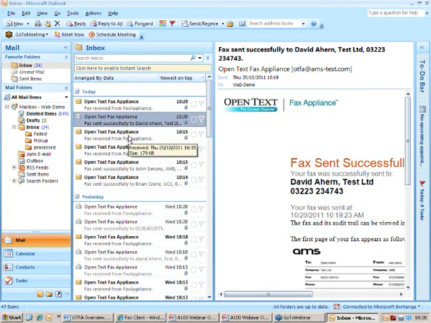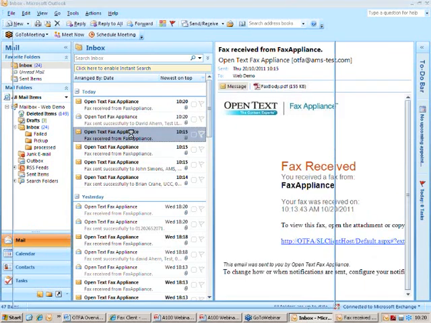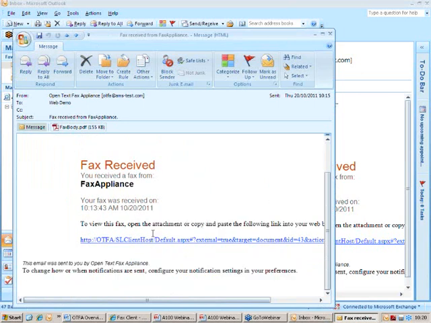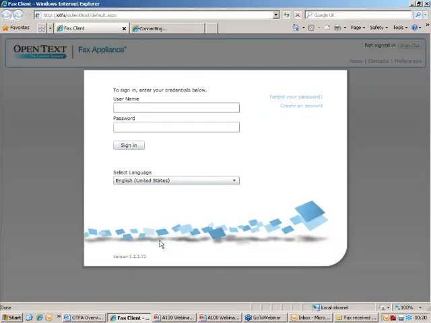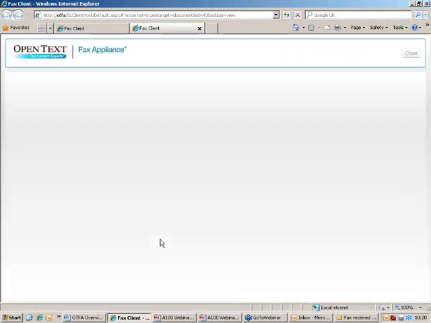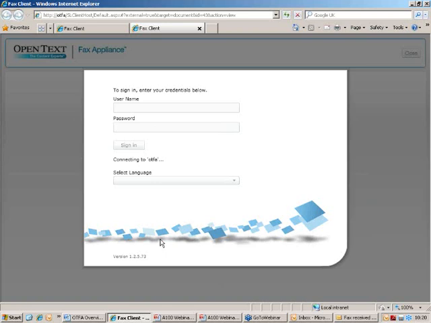And then receive faxes. So if you configure the system to deliver incoming faxes to your inbox, you would receive a message similar to this, that you've received a fax, and what you have is a link to the fax document. The advantage with this is security. So rather than having the actual fax emailed to you, which could then easily be distributed and not necessarily so secure, with this system you have to log on to retrieve your fax. Also, the other benefit with that is that it doesn't put so much strain on your mail server system, because the actual fax images don't need to be emailed to you.